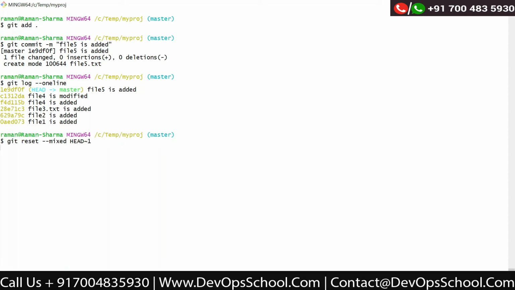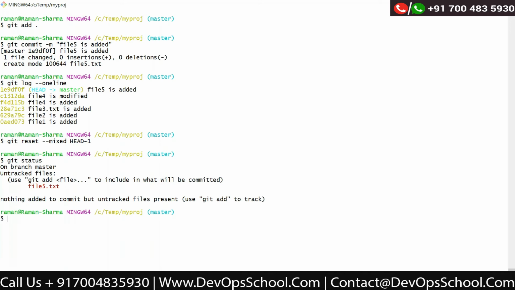Let us see what it is doing. When I run this command and say git status, you can see that 5.txt file goes into the untracked status. Next, if I say git log, if I see.